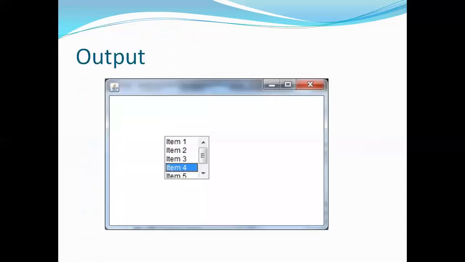The output will be something like this. In this session we have learned what AWT is, what its components and hierarchy are, and then we have seen some programs on how to include the components in the frame. First of all, we have seen how to create a frame using two methods: one is extending the Frame class, and the other is using an object of the Frame class.